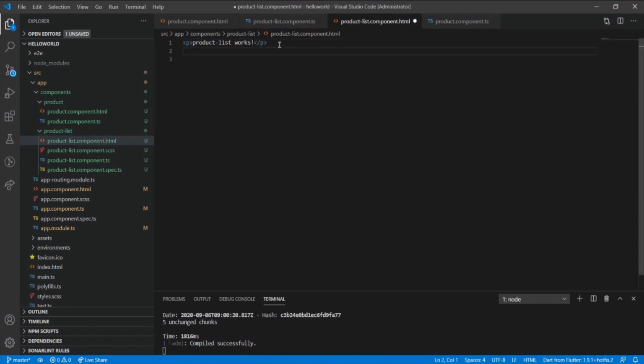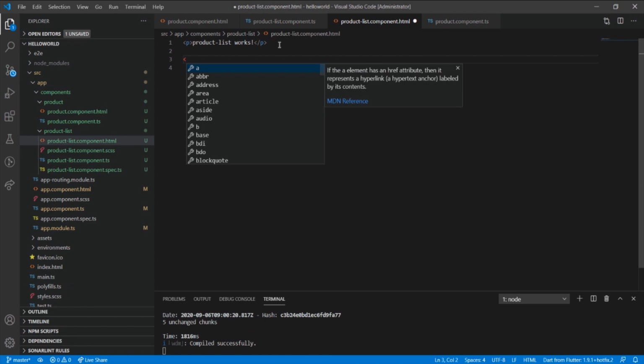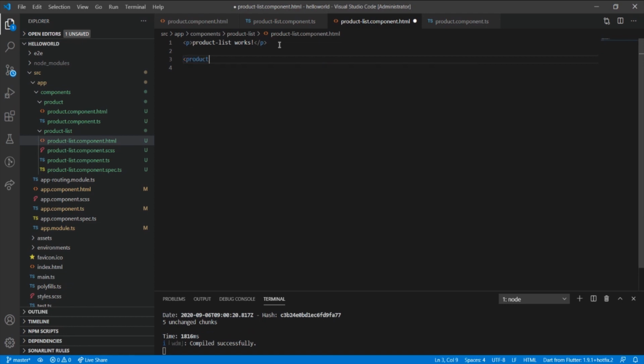What I will do, I will use the product component, the child, here. After defining this product inside this product list, it will become the child, and I am wrapping it inside a div.